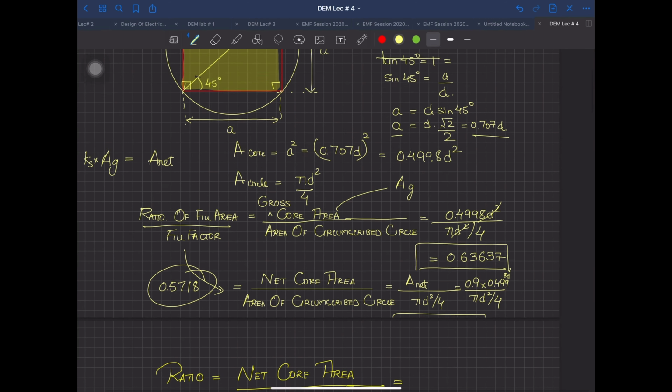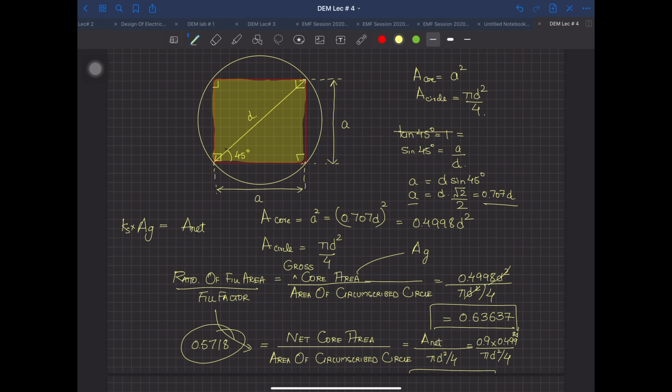Now this is a single step core. As you can see, this whole calculation, this is a single step core, and you are only getting, let's assume that 0.9 is a standard stacking factor. So this means only 57% area you are only covering over there. Rest is air. And this air is going to increase the leakage reactance of your transformer, or the winding leakage reactance over there. The leakage flux is going to be increased.